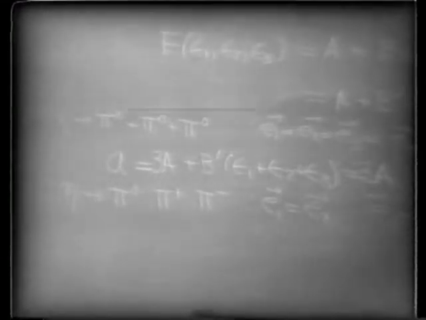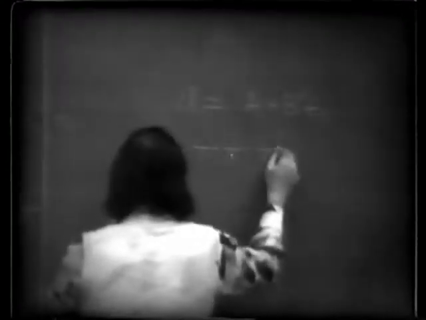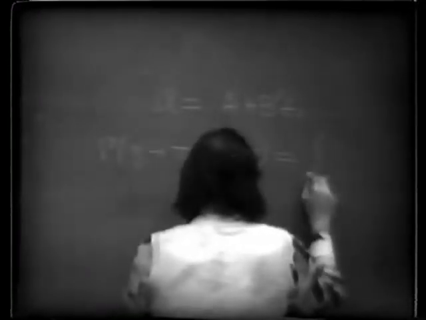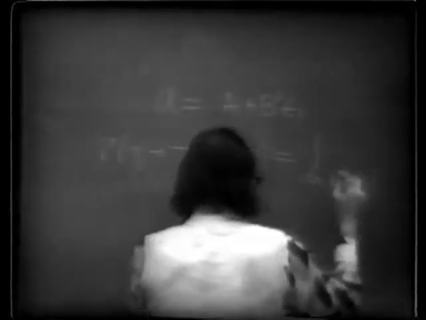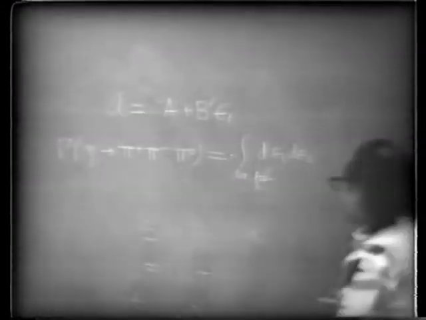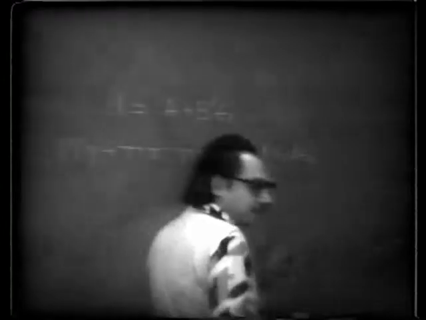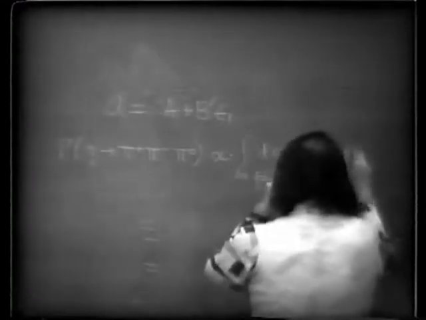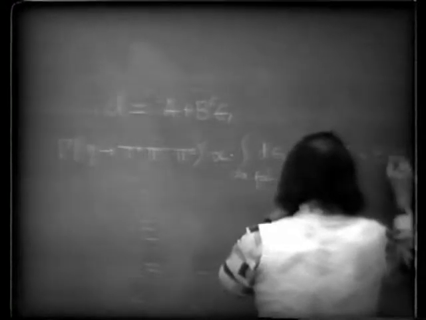Now let's actually compute the total decay rates. At first glance, it looks like we can't compare the total decay rates because one of them depends only on A and the other depends on both A and B prime. Let's do what's at hand, gamma eta into pi plus pi minus pi naught equals the integral over the Dalitz plot, d epsilon 1, d epsilon 2, how we do it doesn't matter, which pair we choose, times a numerical constant, which isn't going to be particularly relevant, A plus B prime epsilon 1 squared